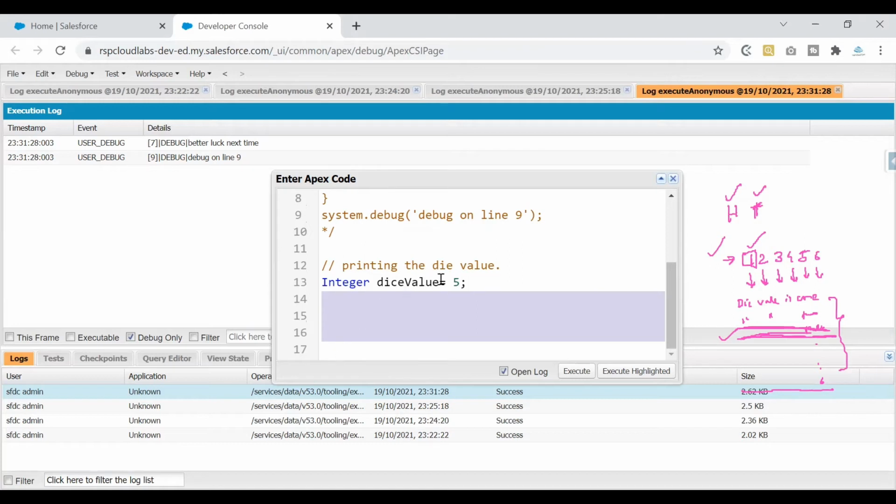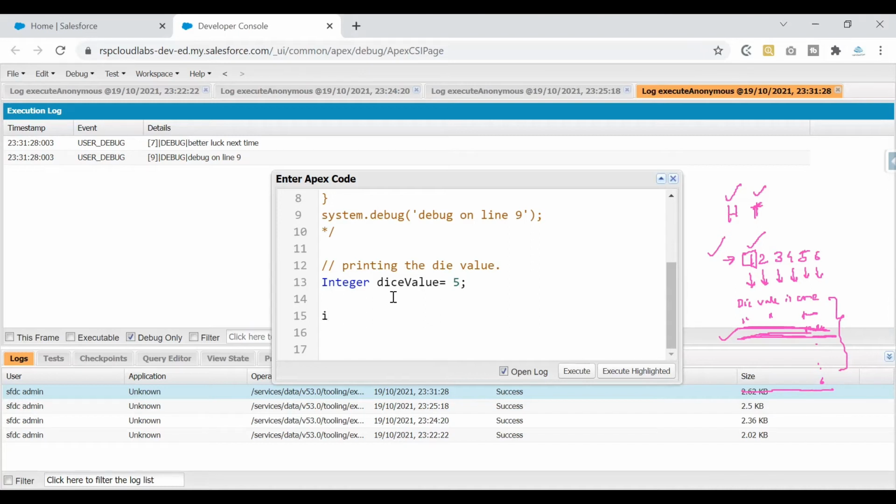Whatever value I'm passing here, it should be checked and the corresponding debug log should be printed. What should be the debug statement? It should simply say die value is 5, if the die value is 5 here. We are taking the number and printing the string that we have in our debug statement. This is the same requirement that we have done previously, which is nothing but checking the condition. If that is true, we are executing a line in our if statement. I hope most of you have got it right. In case you have got it right, congratulations. In case you have not, there is always a chance for learning a new thing.